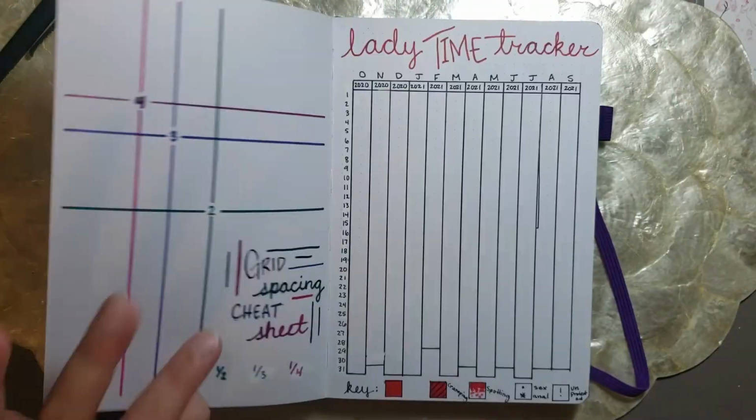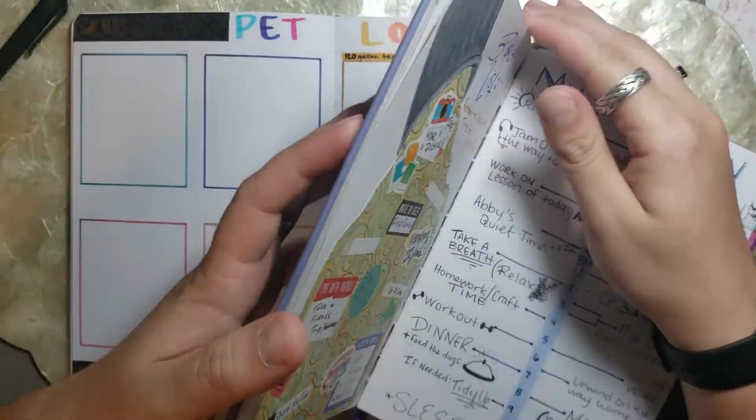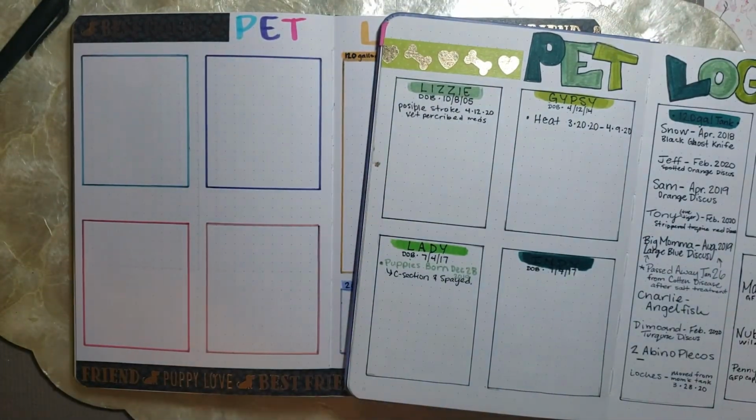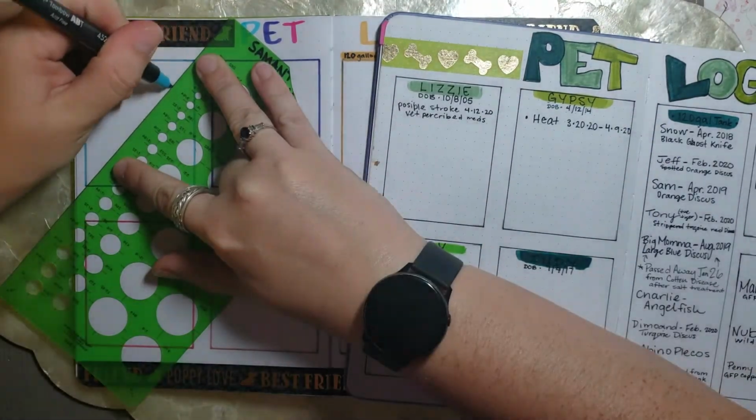I am also going to go through and back to my pet log and transfer over the birth dates of all of my dogs and anything else important that I need to do. And I actually got a new puppy. I rescued her, and so I'm going to divide one of the boxes in half slanted because I do have